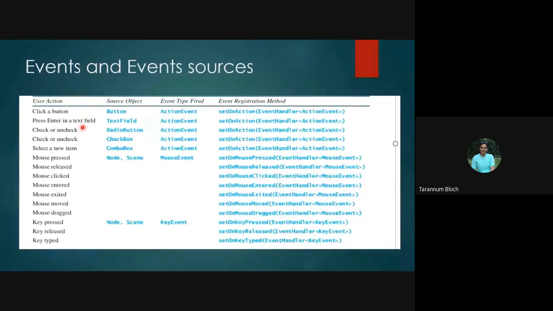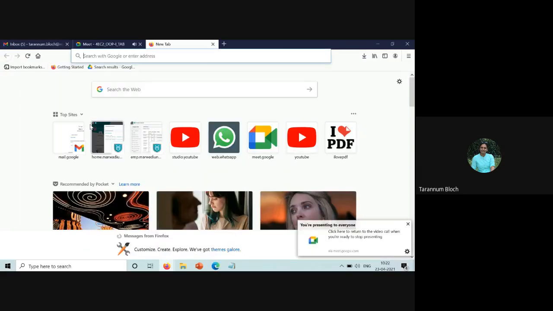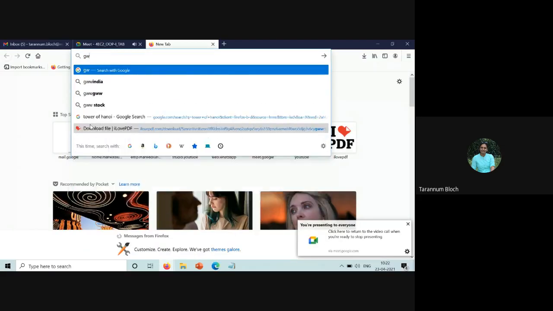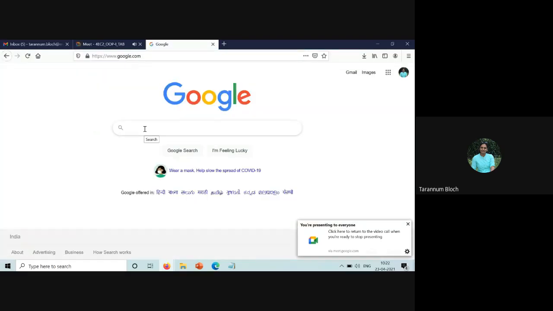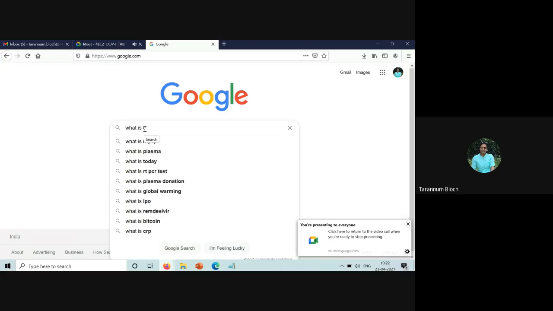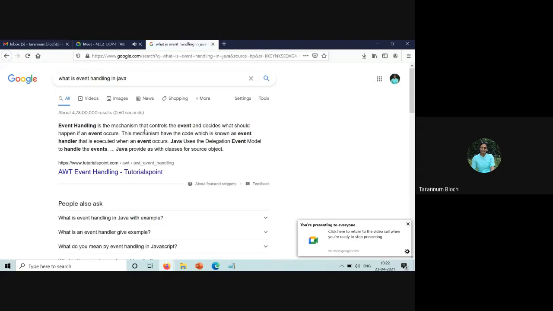Sometimes you press enter in the text field. If you recall the Google search, what happens in the Google search? You go to Google, at www.google.com, and in a text box you type something like what is event handling in Java. And you press enter. When you press enter, it takes your request to the server, right?